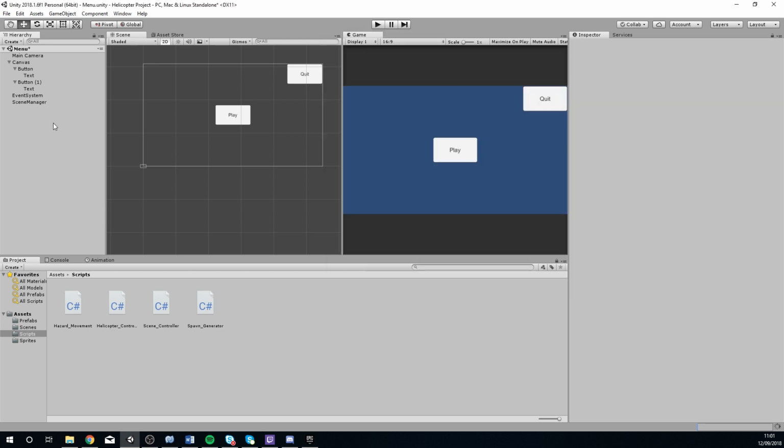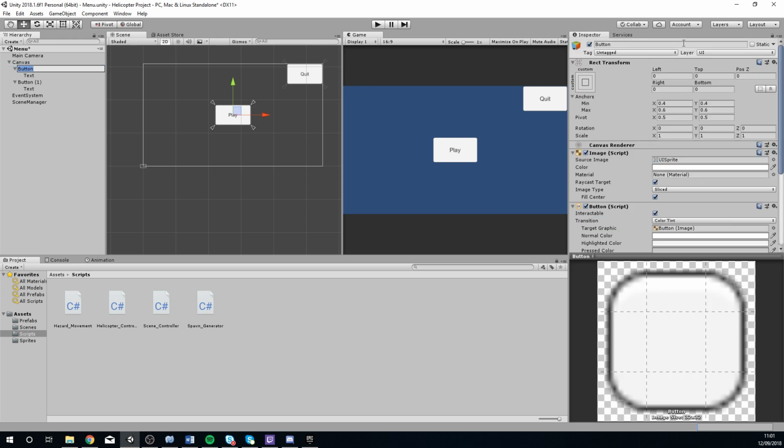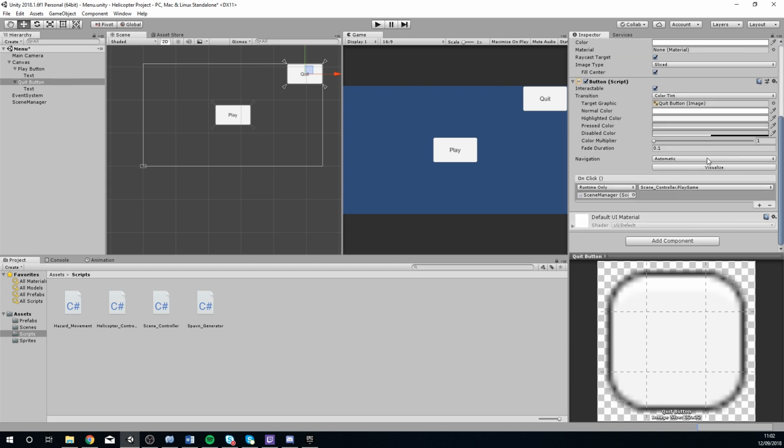Go back into here, close that down. Go to this new button, which is the quit button, which might be a good idea to actually label the buttons. So I'm just going to quickly do that. Oh, caps lock on, that's annoying. Play button. Quit button. And in here, we're still referencing the scene manager, we're still referencing the scene controller, but we're going to do quit instead. So when I click play,